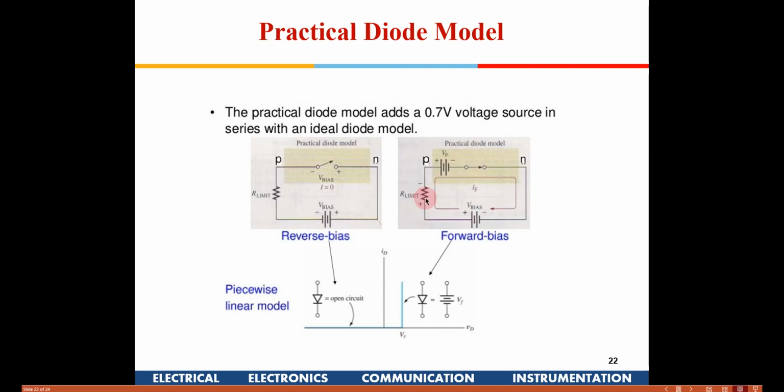It is also understood that for this diode to function, whatever bias voltage we are applying has to be greater than 0.7 volt, otherwise the diode will not conduct. For voltages applied below 0.7 volt, it will appear like it is off. Whenever we apply more than 0.7 volt, this diode will be forward biased, and you have to consider that 0.7 volt drop across the diode.